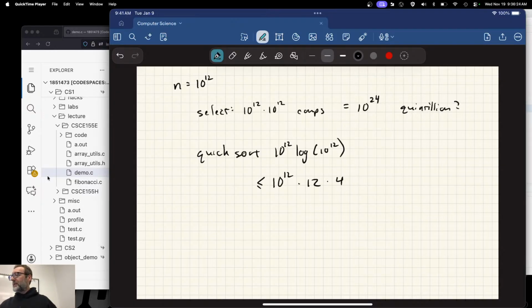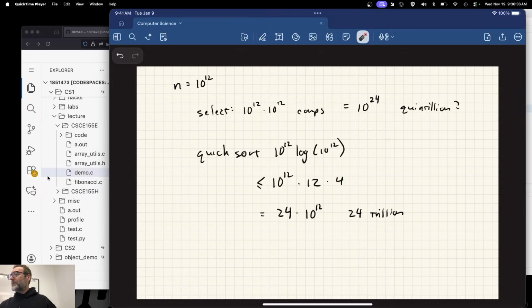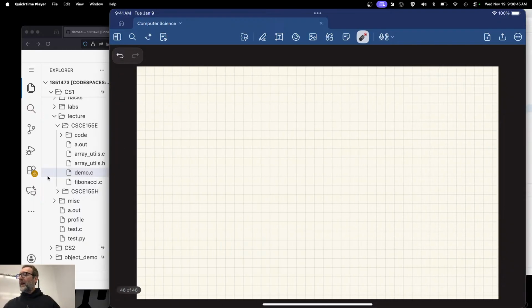In other words, this is going to be 24 times 10 to the 12th. Right? And remember that this is trillion, so this is 24 trillion. That's not that much bigger than the actual array itself. It's just 24 times the size of the array. Right? For that reason, when we say n log n,